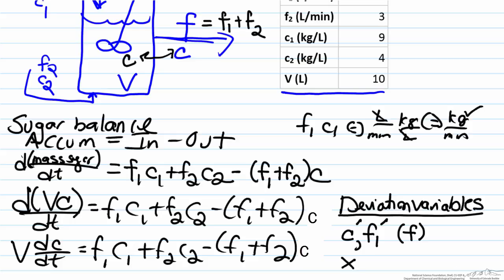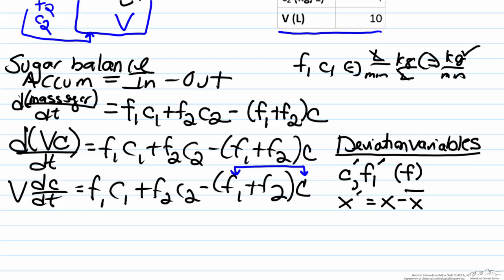Remember, the generic definition for a deviation variable is just the variable at a given time minus the steady state value. As we look at our final equation and attempt to get it into the Laplace domain, although everything is first order, an important point is that F1 and C are both variables. So we multiply them together, that is no longer a linear term, and there is no Laplace transform for that. Therefore, that requires an overall linearization. Here we will use the equation to handle a differential equation that needs to be linearized, which is provided below.